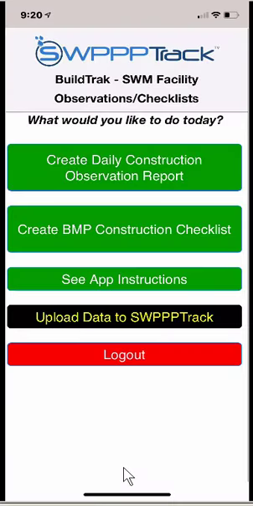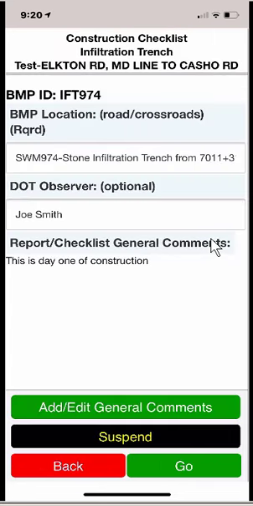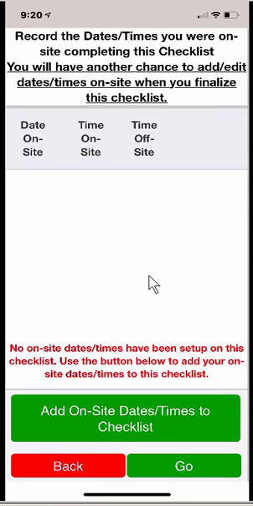So let's say that I log out and I log back in tomorrow. I can go to the Create BMP Construction Checklist by tapping that button. And there's the checklist that was started yesterday. So I'll hit the Resume button. I have an opportunity to edit the general information. I'll hit Go. Don't need to enter these dates and times that I was on site yet, but I'll take this opportunity to indicate that I was on site yesterday